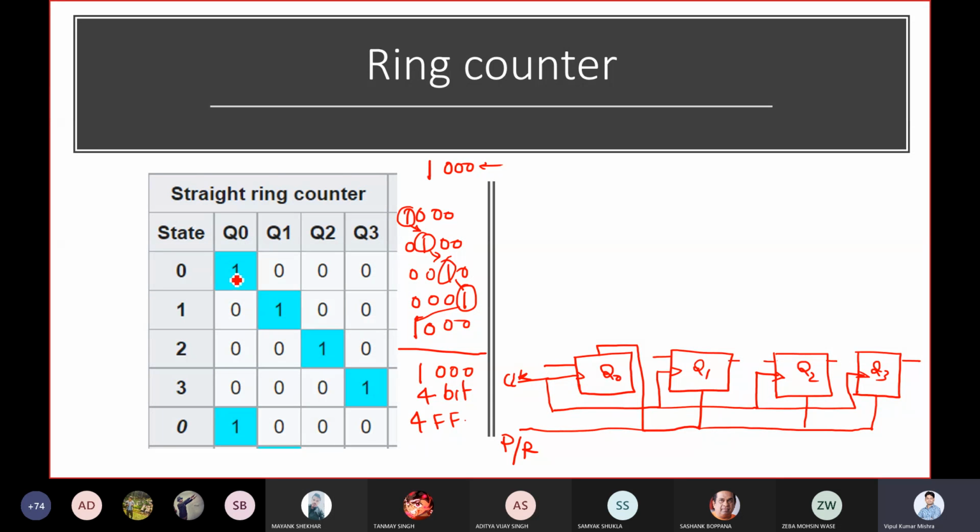Now let's look into the behavior. This one will propagate to the second flip-flop whenever, let's say, the positive edge comes. In the next positive edge, this one will propagate here. In the next positive edge, this one will propagate here. So ultimately, this one is moving forward, right? So how can we connect this input and output so that the first time one will be here as output, then the second time one will be here, the third time one will be here, and the fourth time one will be here? The next time the one will transfer back to this output. So what do you think? How can we connect it?